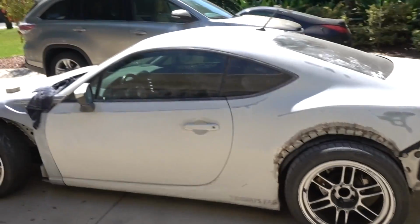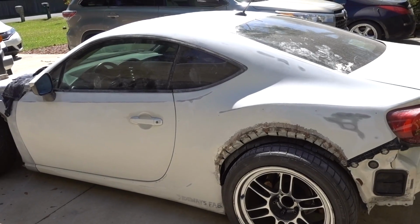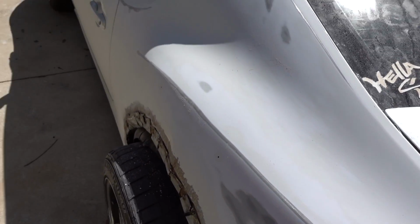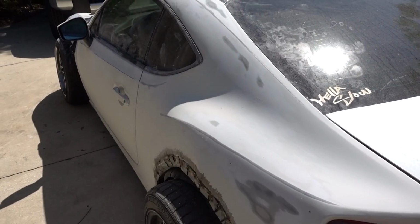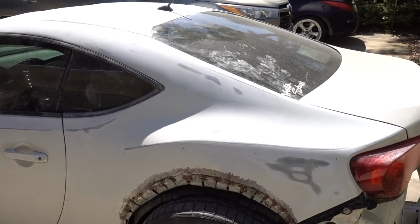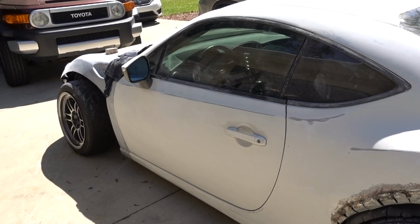Alright, it is the next morning. This is the amount of progress that I made last night, or at least up until it got dark. I did get down to bare metal on some spots, but for the most part, the whole driver's side is a flat white. I talked to Brandon, the dude that's gonna paint the car, and he said to make sure I don't get down to bare metal, but to go ahead and get the car down to a flat color